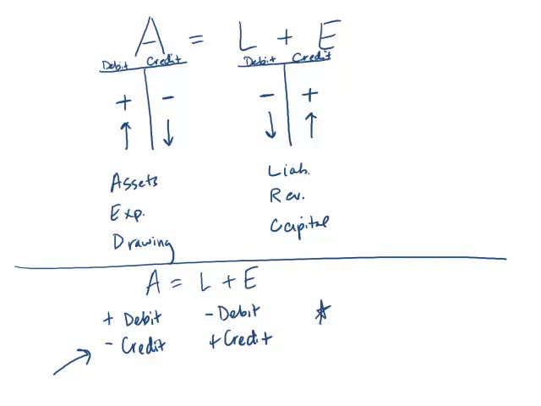Let's say you're paying off a credit card. Well, then you would debit that liability to bring it down. If you were paying cash, you would then credit cash. So there's your one debit and one credit. We're going to do a lot of these and go through several examples, hopefully to get you very well